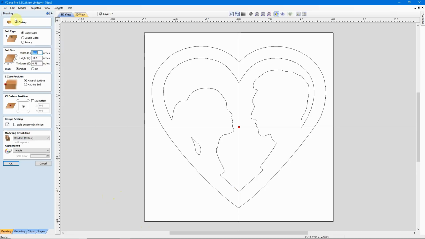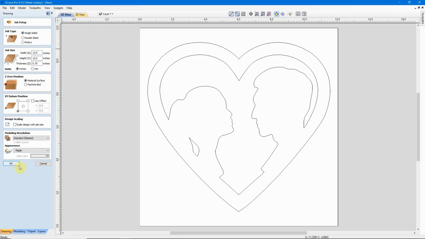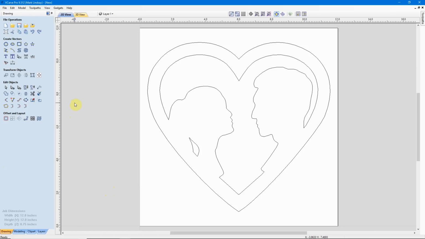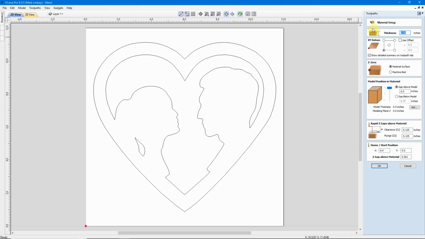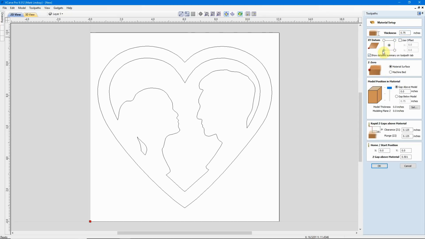I can do that here. I can come back into Job Setup and select the bottom left corner, click OK. Or when I'm ready to switch over to the Toolpaths tab, I can come over here under Material Setup, click the Set button, and change that right here too. I can put it back in the center, I can put it down in the lower left. This does exactly the same as that over there in the job setup. So before I calculate my toolpaths, I'll put my X and Y datum in the bottom left corner,